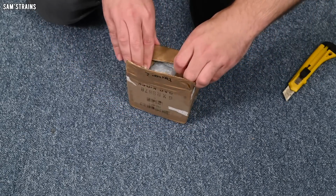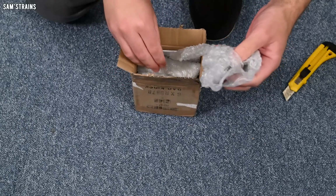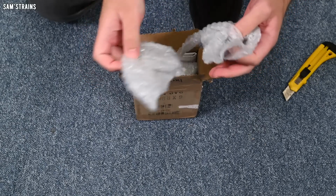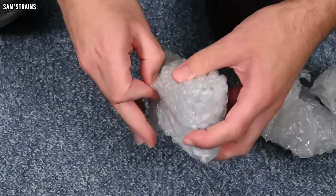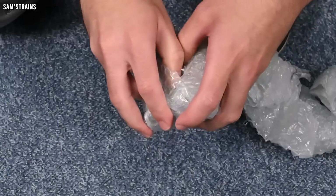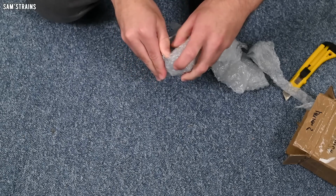So that's good, nice and environmentally friendly. We like that. Lots and lots of bubble wrap inside here, extremely well packed. And yet again, we've got more bubble wrap around the model itself. I think this is the best so far on this round, just because the box is a little bit larger,